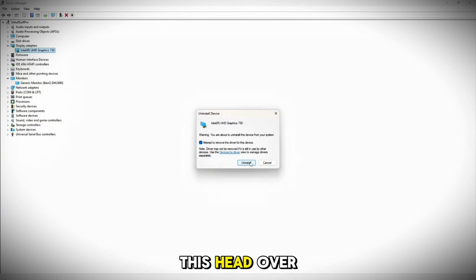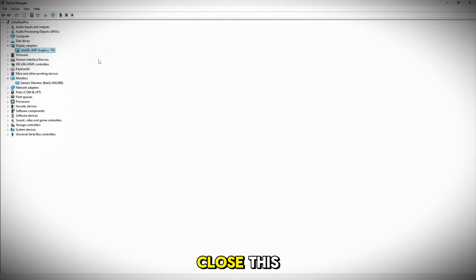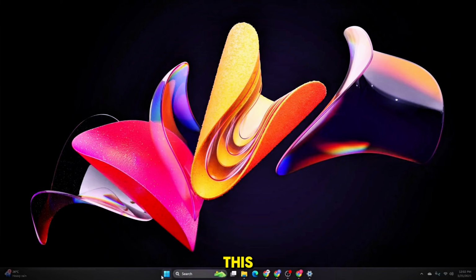Once you do this, head over to the section Action. Now go ahead and select the option Scan for hardware changes. Once you do that, you can close this, give a fresh restart to your PC, and with that your problem might be fixed. If this solution didn't work for you, what you can do is close this, right click on